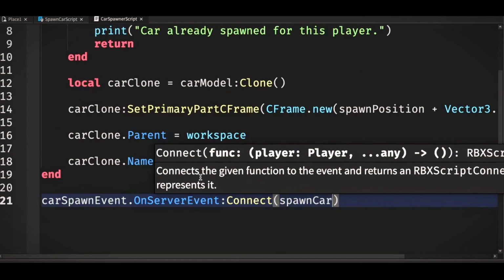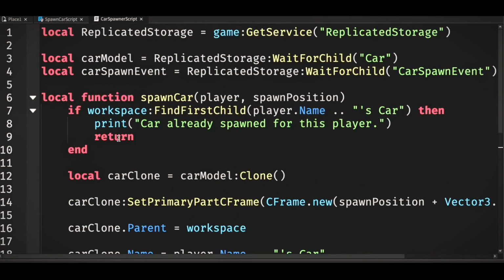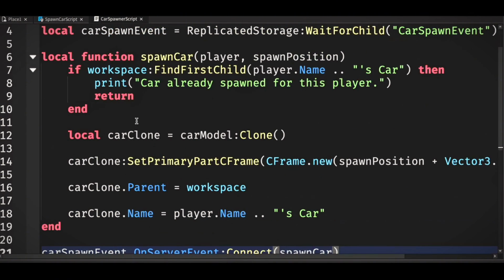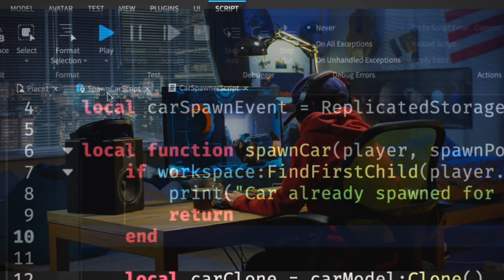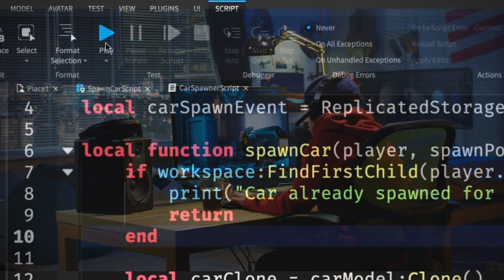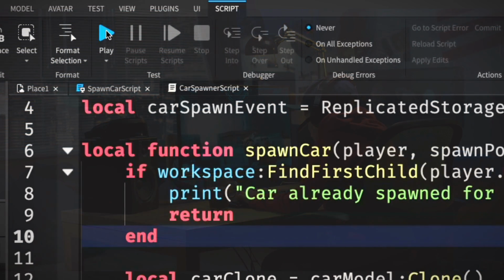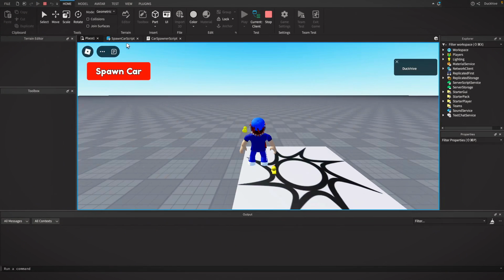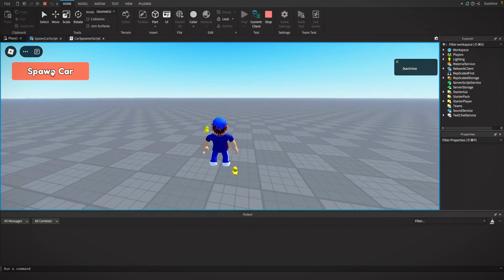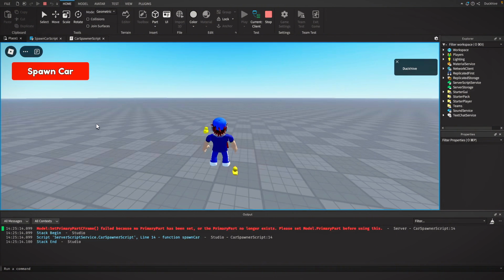So let's break down the server script. When the remote event is triggered by the client, this function runs on the server. It first checks if the player already has a car in the workspace. If the player doesn't have one, it clones the car model, positions it near the player, and then parents it to the workspace, making it visible to everyone in the game. Now it's time to test everything out. When you click the button in the game, it should send the request to the server to spawn the car, and since it's handled server side, all players in the game will be able to see the car when it spawns. So let's hit the play button, and then let's click the spawn car, and it says failed because no